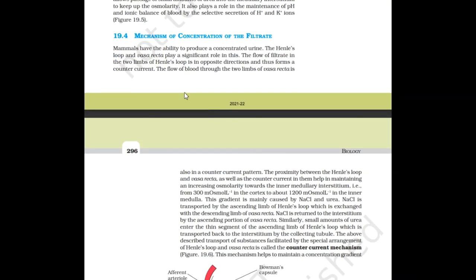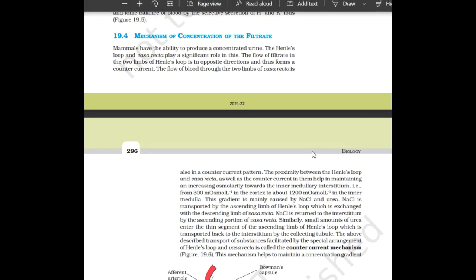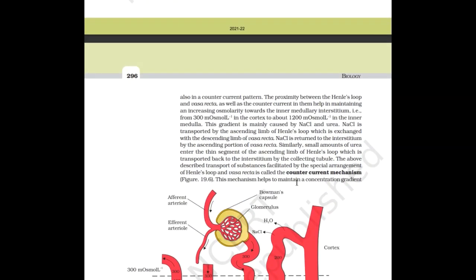Mammals have the ability to produce a concentrated urine. The Henle's loop and the vasa recta play a significant role in this. The flow of filtrate in the two limbs of Henle's loop is in opposite directions and thus forms a counter current. The flow of blood through the two limbs of vasa recta is also in a counter current pattern. The proximity between the Henle's loop and vasa recta as well as the counter current in them help in maintaining and increasing osmolarity towards the inner medullary interstitium, that is from 300 mOsmol per liter in the cortex to